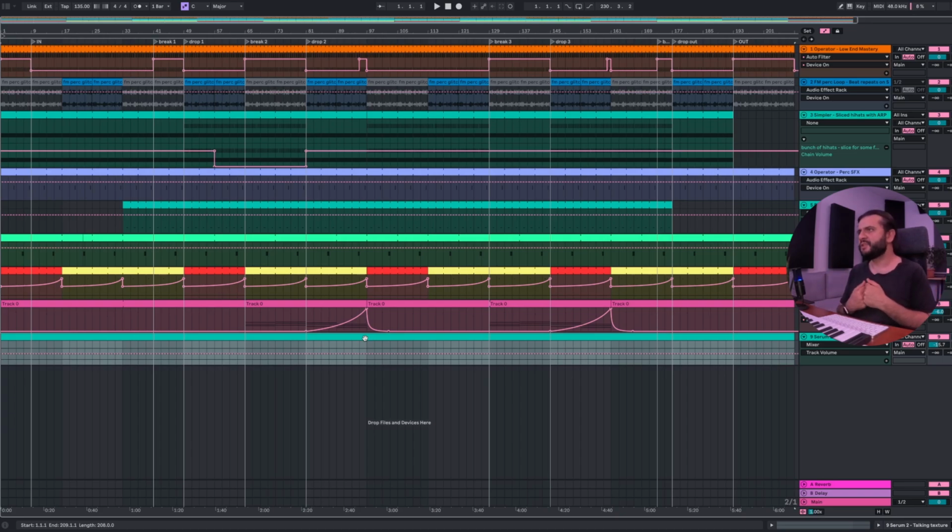And these randomization features help me have a non-repetitive outcome in a very, very repetitive style and direction, which is hypnotic techno. And this is essential in hypnotic techno to have this randomized situation. So the sounds, the channels, the effects don't repeat themselves and create unique patterns